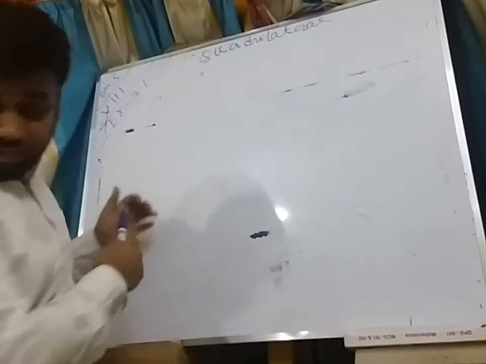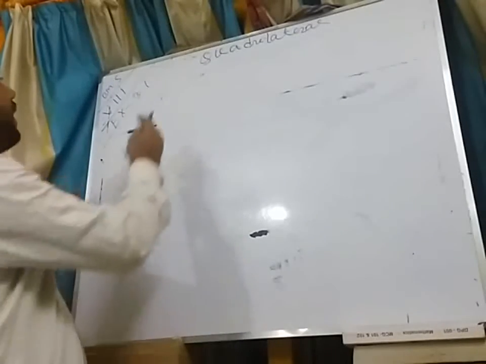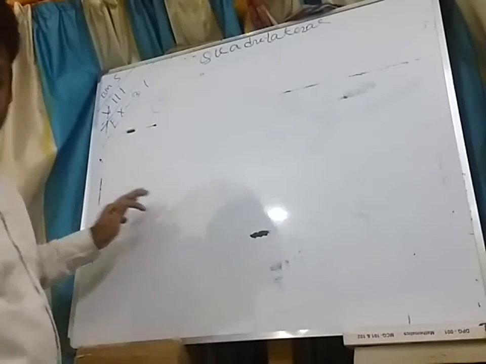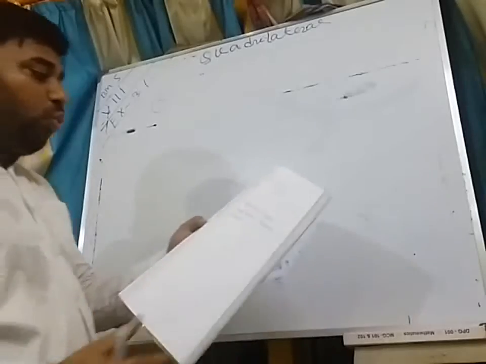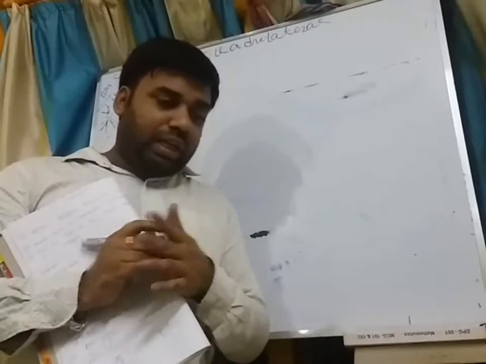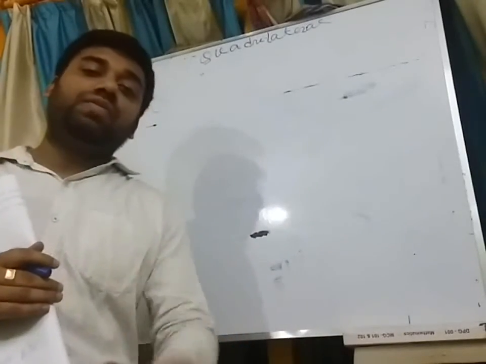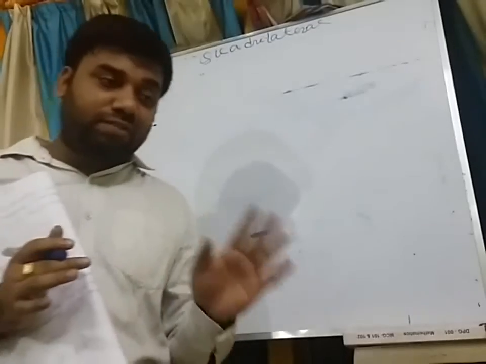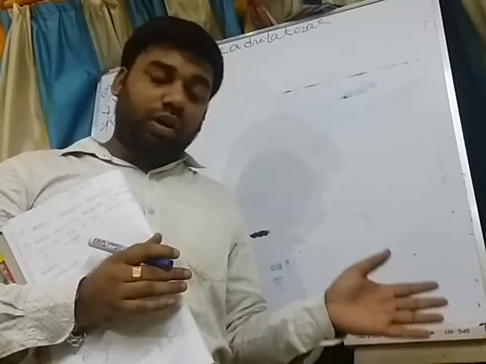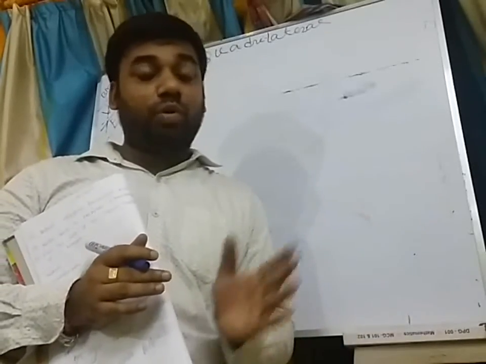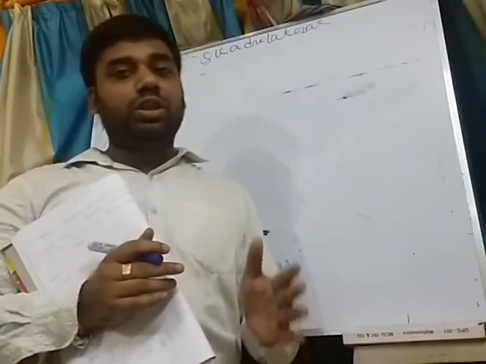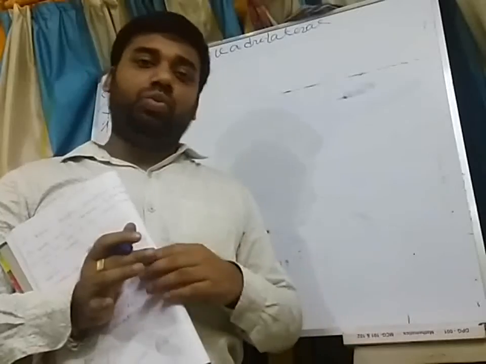Okay. Now, question number 5: what is a regular polygon? First of all, what is a polygon? A polygon is a simple closed curve made of line segments. And regular means the lengths of all the sides of the polygon are equal as well as all the interior angles. So a regular polygon means all sides should be equal and all angles should be equal in measure.